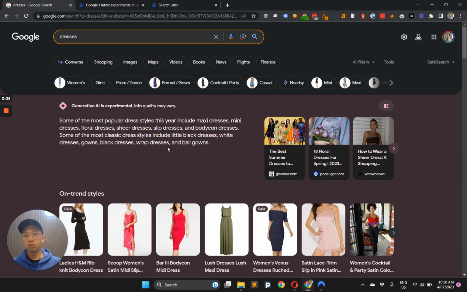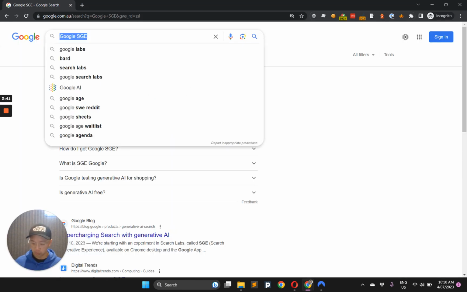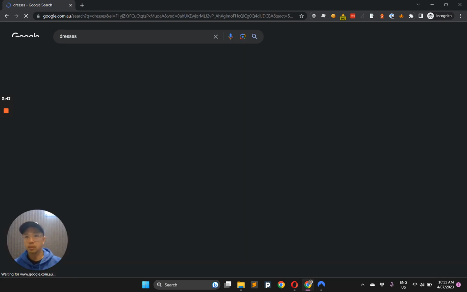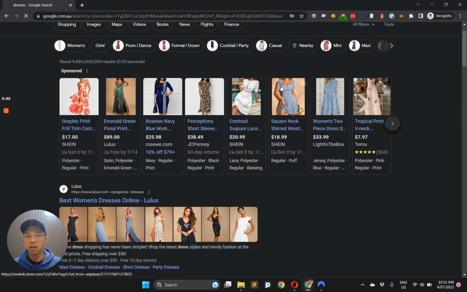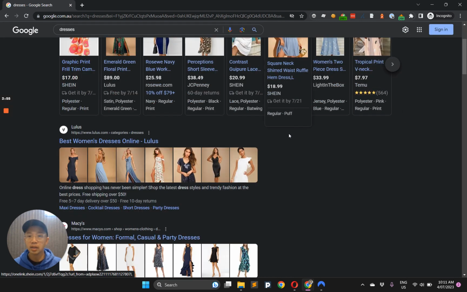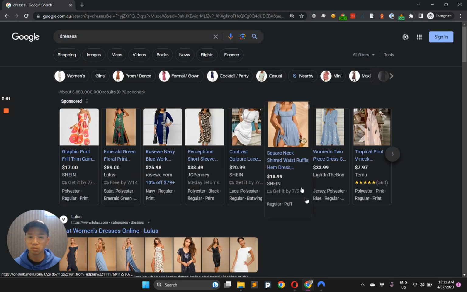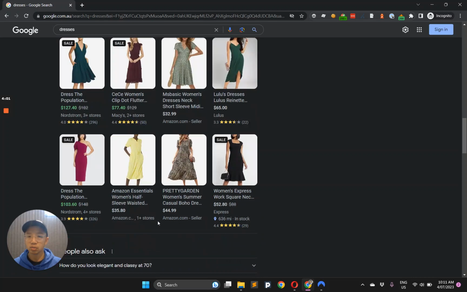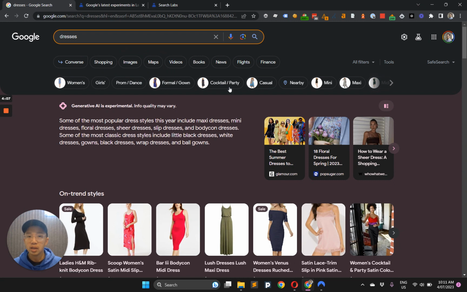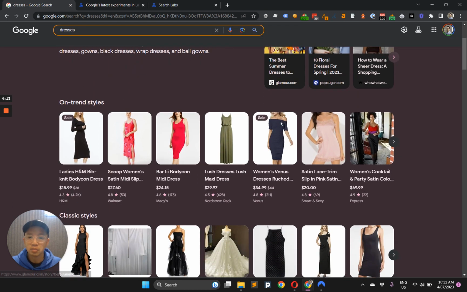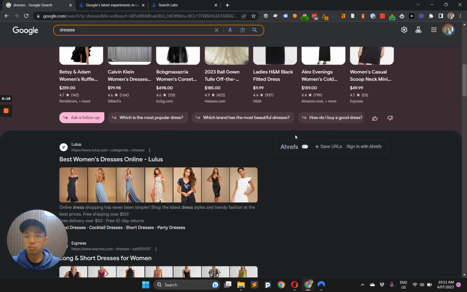Traditional Google SERPs would look like this. Let's do a quick comparison. If I search for the same query, dresses, in a non-labs format, at the top we've got all these different pills, and we've got the ads, nice and high, and then the organic listing starts, still visible, 1, 2, 3, scroll and so forth. Whereas if you look at the SGE experience, it's slightly different. It takes up the entire above-the-fold panel and takes about 1, 2, 3 scrolls before the